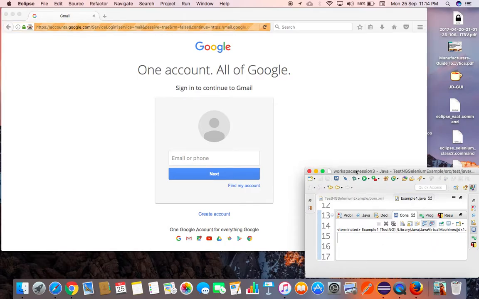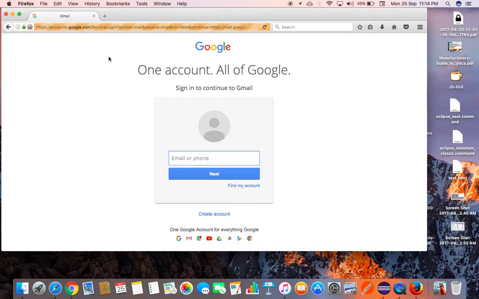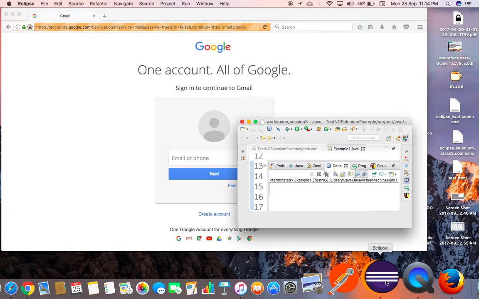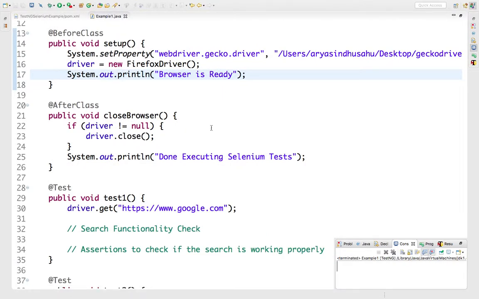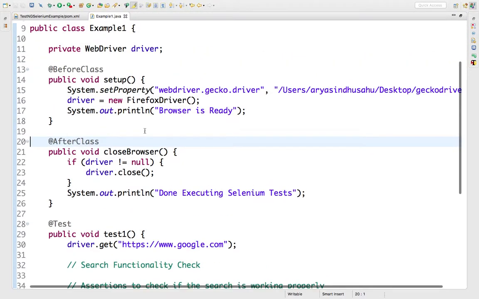Right, sir. Okay. In some of the operating systems, you may not be able to close the browser properly because they have certain functionalities which are not possible to close directly. So for the safer side, we'll go with the quit functionality that actually kills or quits the driver that we have. So we can call